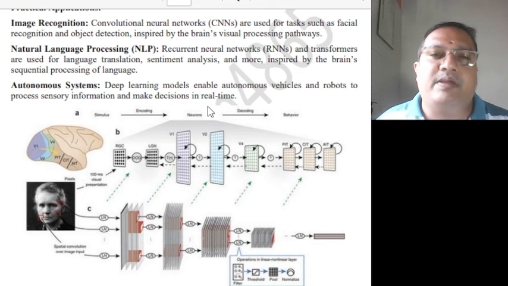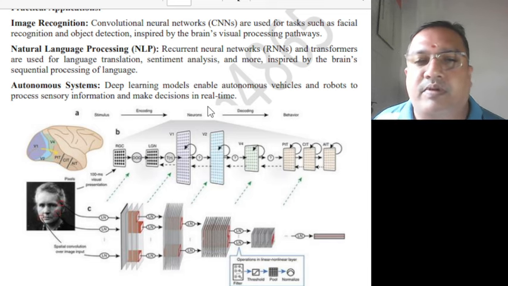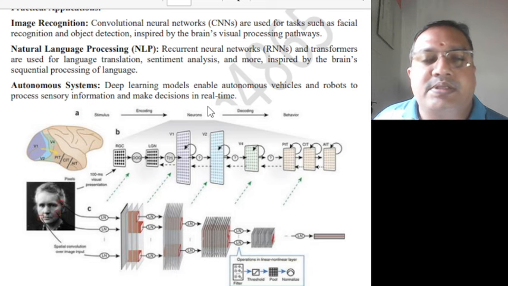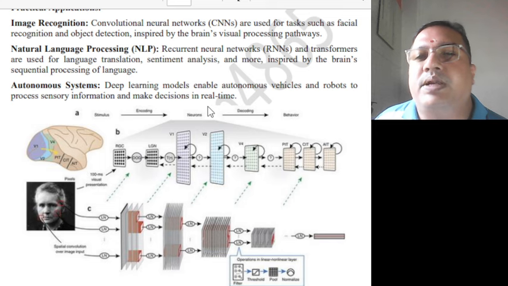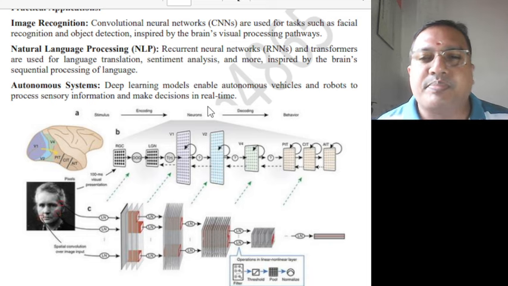I have seen many familiar projects nowadays. Nowadays, they are using CNN and RNN concepts for that. Autonomous systems: deep learning models enable autonomous vehicles and robots to process sensory information and make decisions in real time. Okay, so